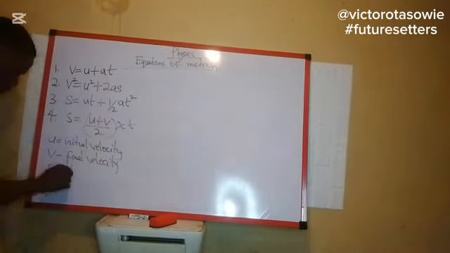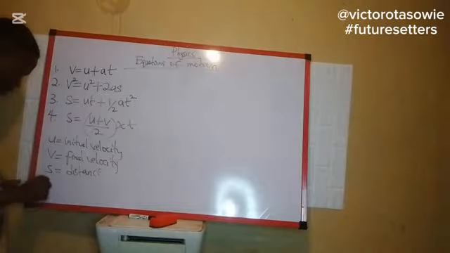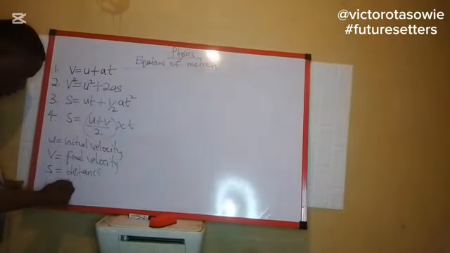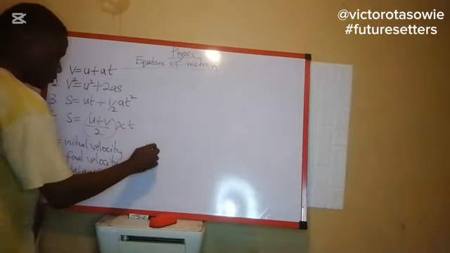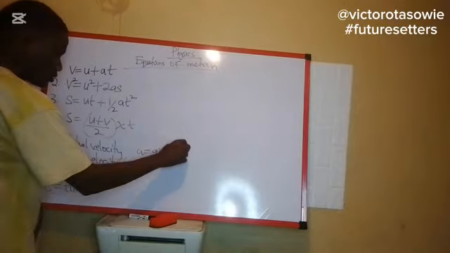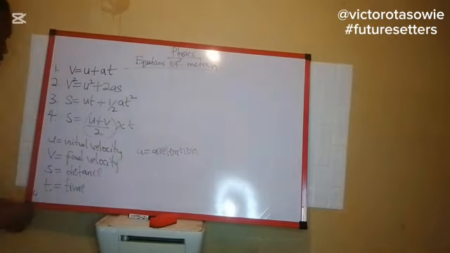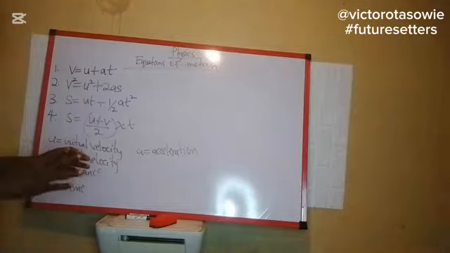S is distance. You can call it distance or distance covered. We have T, which is going to be time. We have A, which is acceleration. I think with this we have been able to explain all the options, but there are some things you need